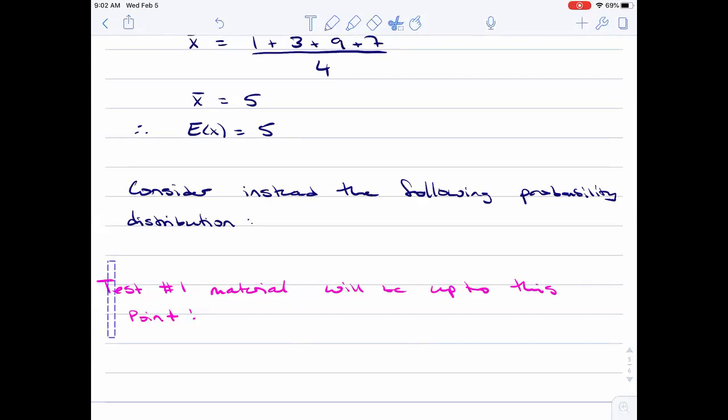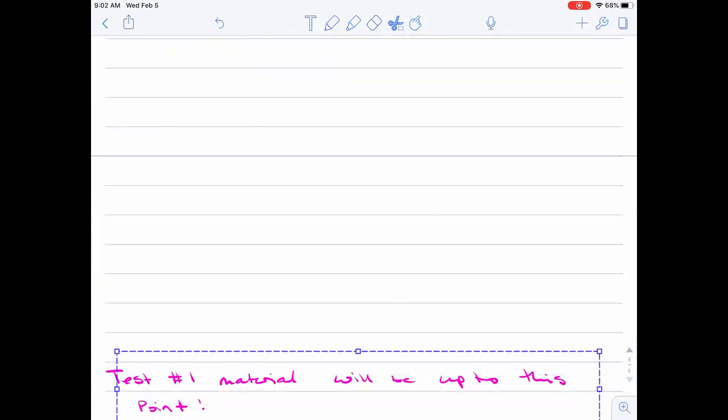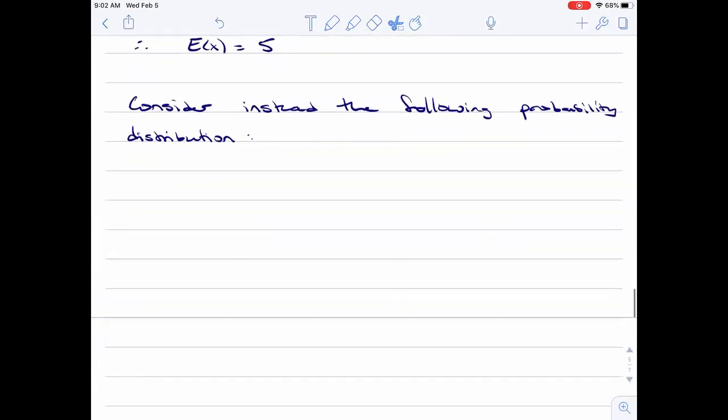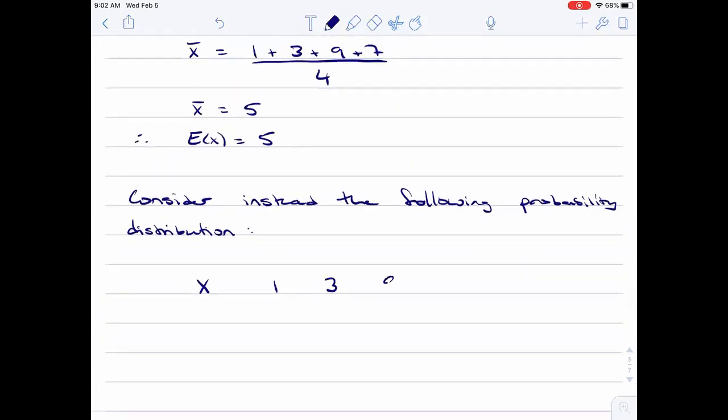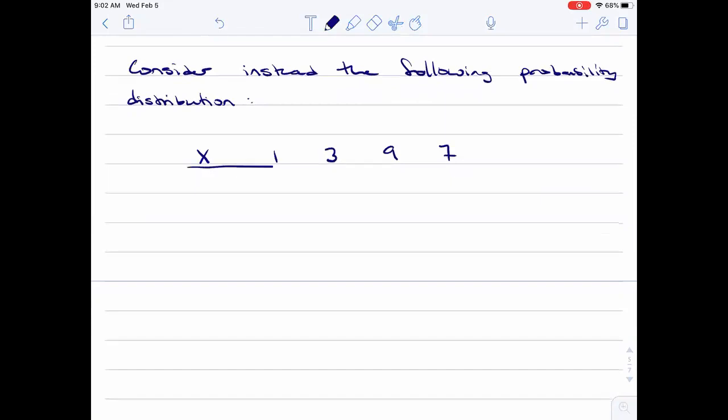So now I've got my X is 1, 3, 9, or 7. If it bothers you, you can rearrange them, but it doesn't matter. So here are my outcomes. And then I'm going to tell you that the probability that capital X equals lowercase xi,